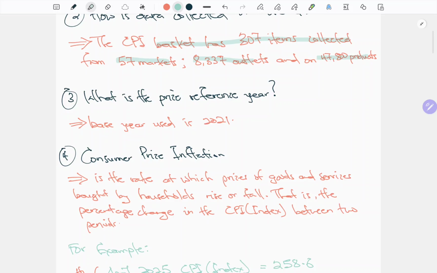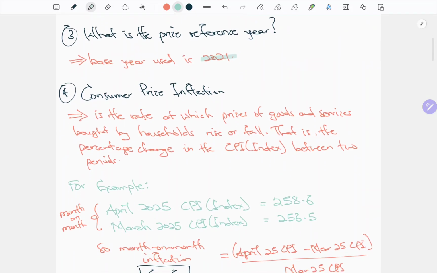Now, the reference of this price movement changes over a period. In Ghana, we've been relying on a 10-year period, but it looks like at the just ended budget and economic statement, government intimated it might reduce this to 5 years. So within this year or next year, we might see the change in the base year or the reference period for inflation. But as we speak, as of today, our base year is 2021.